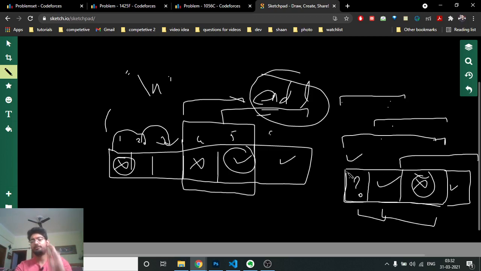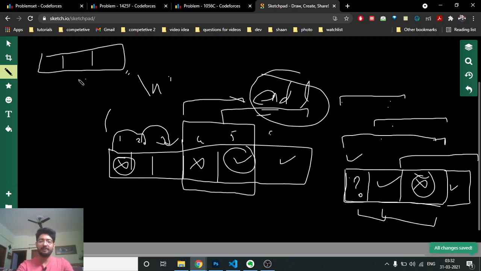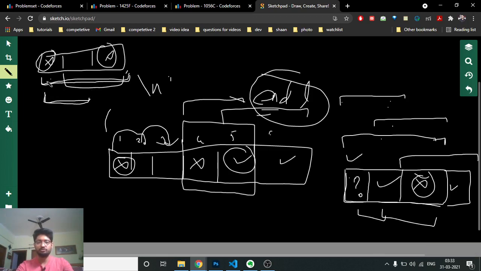Now because there are always 3 elements in the array, I can find out the first 3 values easily. What you can do is find out the sum of the first 3 values, then the last 2 values, and then subtract them out to get the first value. Then find out the first 2 value sum, and you also know the sum of the first 3 elements. So subtract this 2 element sum from the whole sum, then you will get this element also. Then you know the value of this element and this element, and you know the sum of the whole 3 elements, so you can also get this element out.